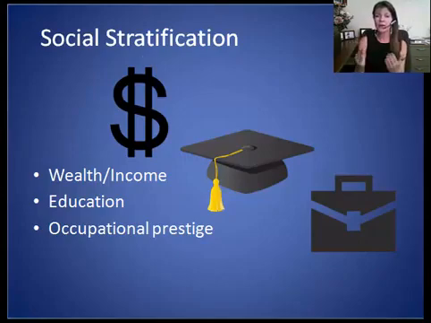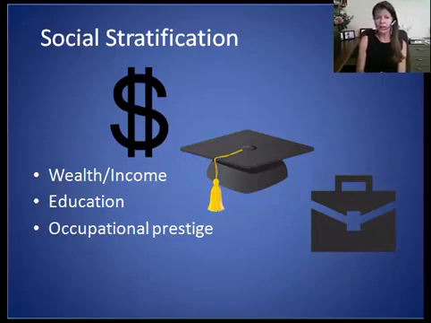Now, the U.S. Bureau of the Census combines three socio-economic variables to determine what class you occupy. So one of them, of course, is wealth and income. This includes your income, any trust funds, investments, the value of your home you own, etc. Second is educational attainment. This would be the level of education that you have achieved. And third is occupational prestige.